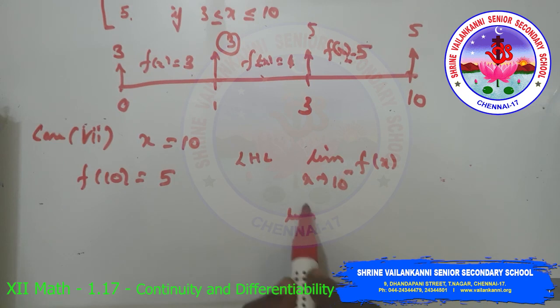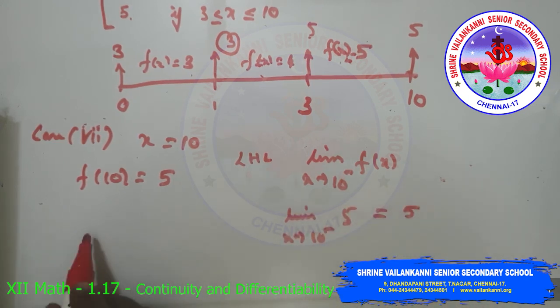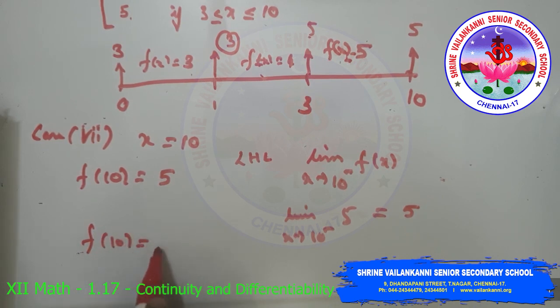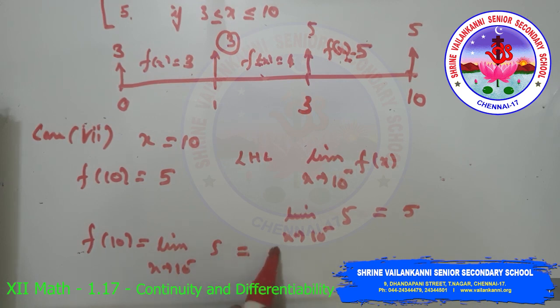So limit x tends to 10 minus of 5 is equal to 5. So f of 10, which is equal to 5, is equal to the limit as x tends to 10 minus, which is 5. Otherwise f of x is equal to 5, which implies that f of x is continuous